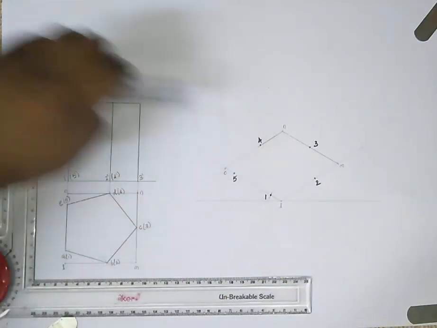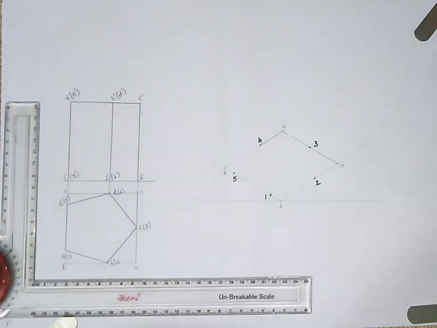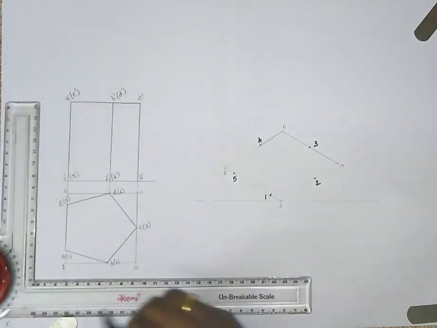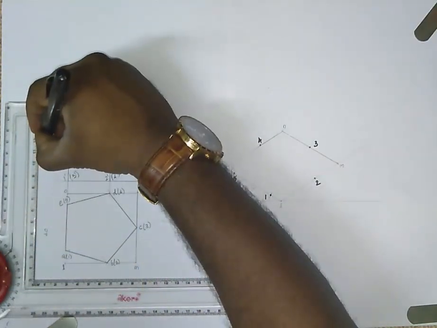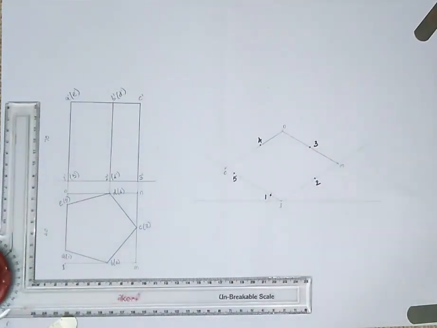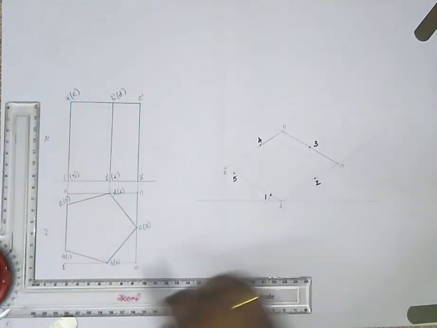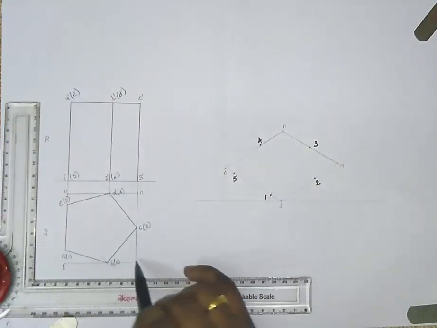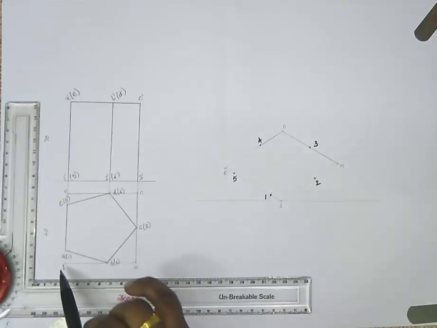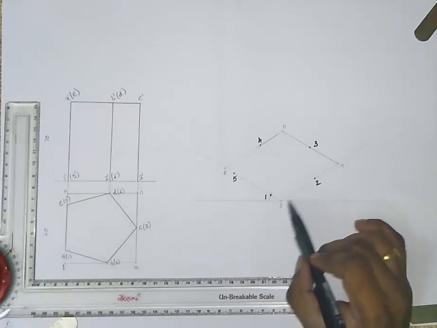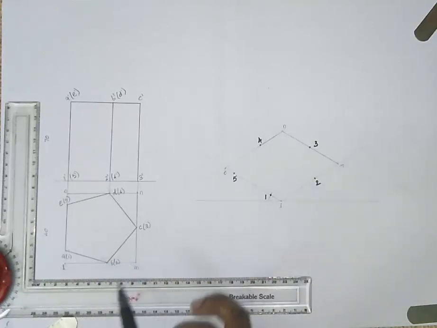Then what is the next step? From points 1, 2, 3, 4, 5, make a vertical line, that is the vertical distance. The axis length given is 70 mm. Assume that this is 40, this is 70 again. It is given in the problem. So now here you have to measure this length. LM will not be 40 mm. Remember that mistake you always do. You will measure this LM as 40 mm here, but the LM will not be equal to 40 mm. AB will be the 40 mm, right?